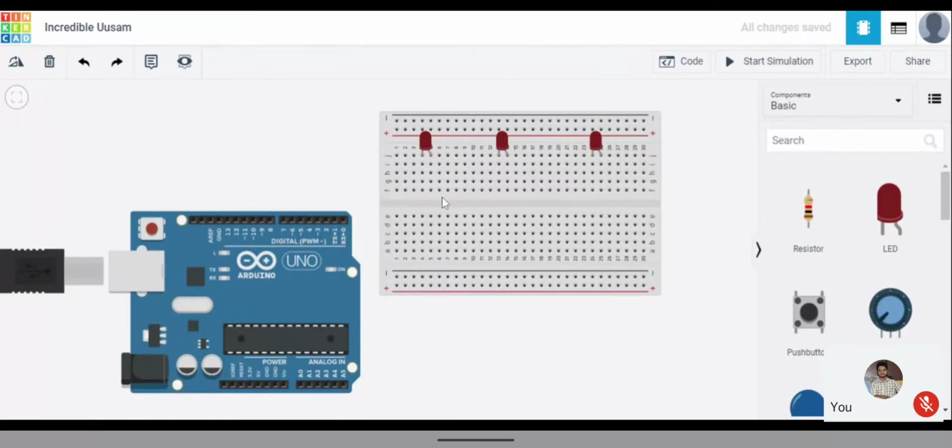Let's see, sir. One positive terminal and one negative terminal, right? This one will be anode, this one will be cathode. If I attach this here in this plus or minus, or else downside plus or minus, then only the angle has to be changed in this way.